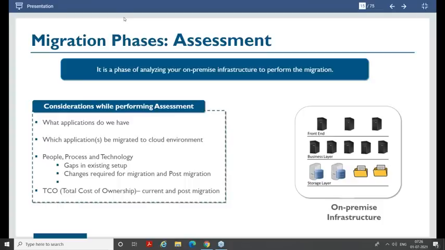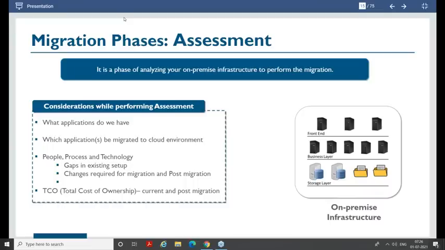You need to put your plan in 3 phases: pre-migration, migration, post-migration. And in pre-migration, list out all the challenges which you see in your on-premise infrastructure. If there are any gaps, if there is something which is not working as expected, or you think there is a need for some improvement in any of the application infrastructure, all of that needs to be checked in your assessment phase. This is the foundation of the entire migration.